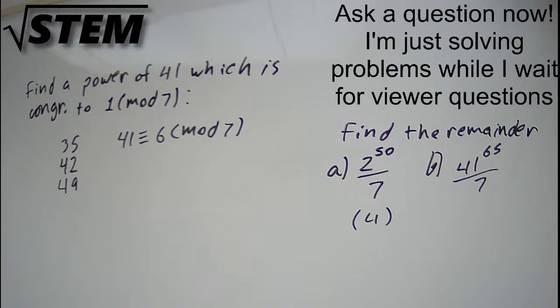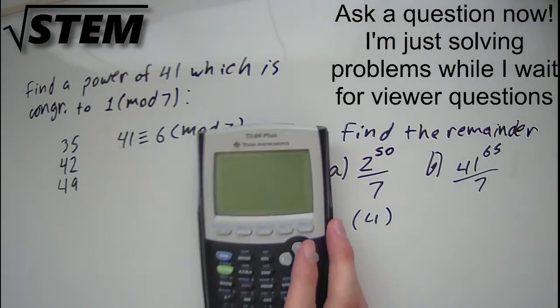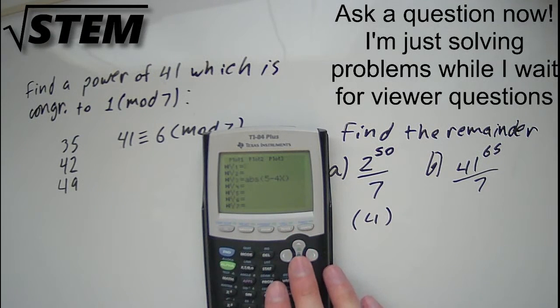So can we find a power of 41 that's congruent to 1? I'm just going to look at some powers here. There might be a better, more mathematical way to do this. I'm going to look at 41 to the x,